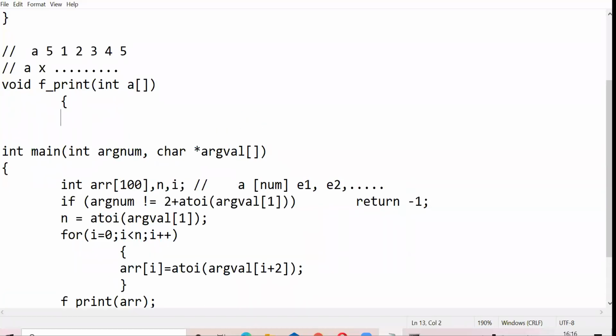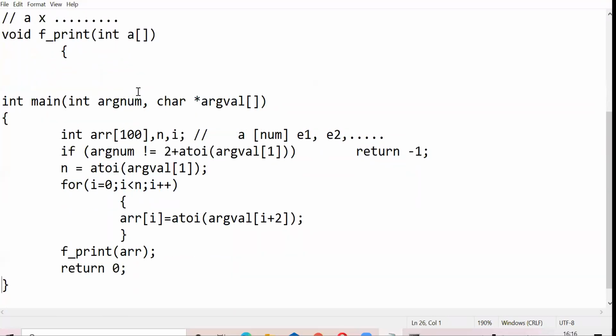So one thing I want you to note here. In case we are passing an array as an argument, whatever changes you make to this A here will be reflected back in your ARR, because the functionality of your array is based on memory address. But if it was a simple variable, which was an integer, the changes won't be reflected back.